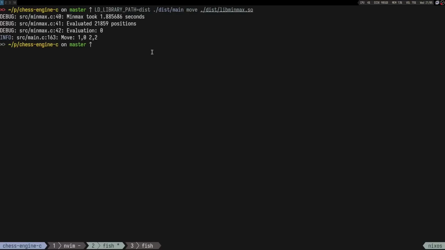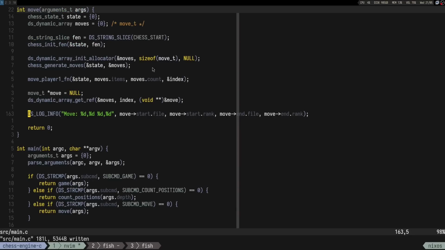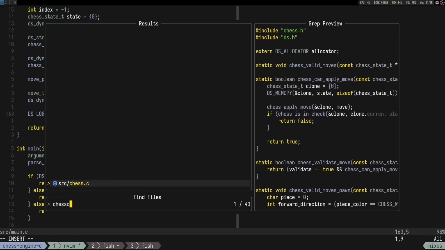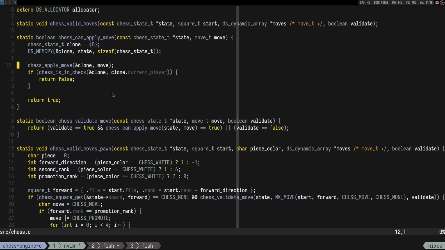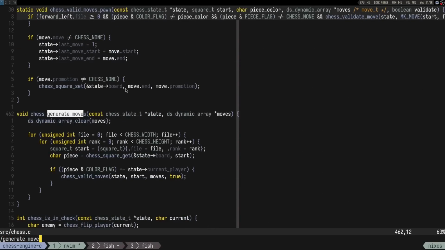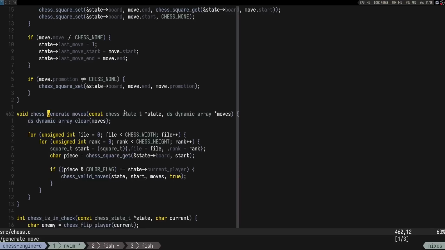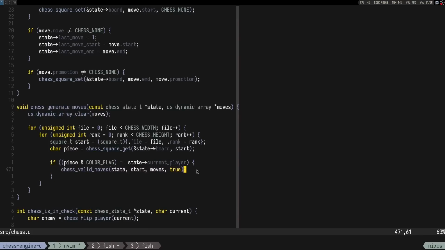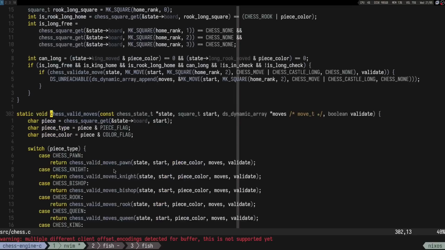So for now, let's go to the chess C file and find generate moves. I've changed the generate moves function a bit. I thought that maybe it's best to just use an array in here and get the moves in an array, also in generate moves,